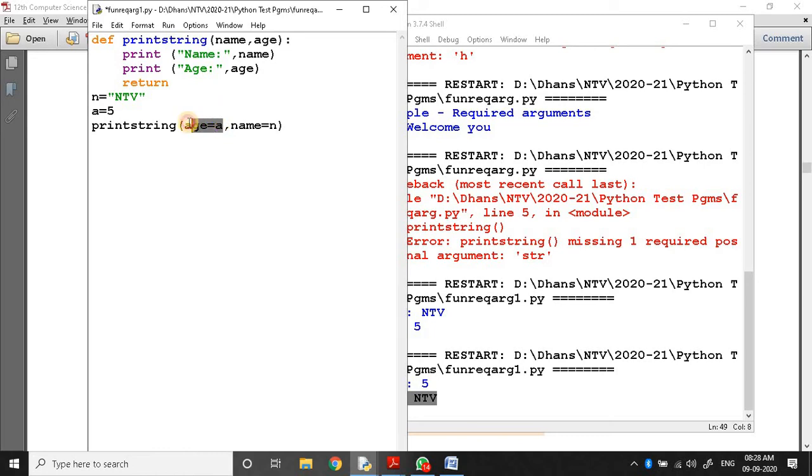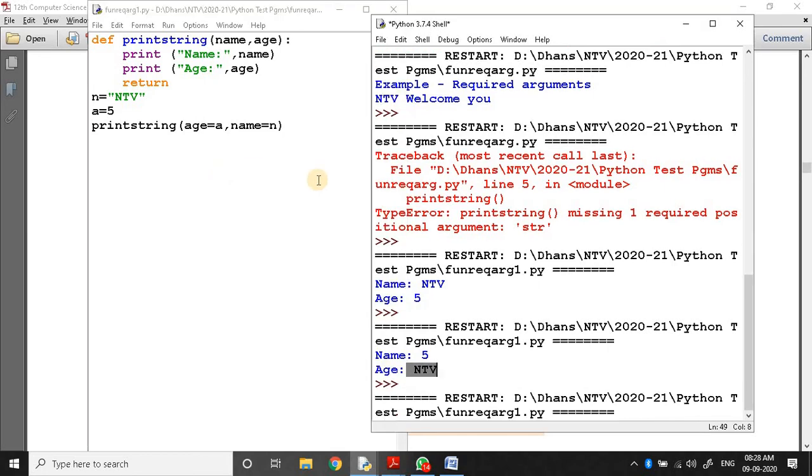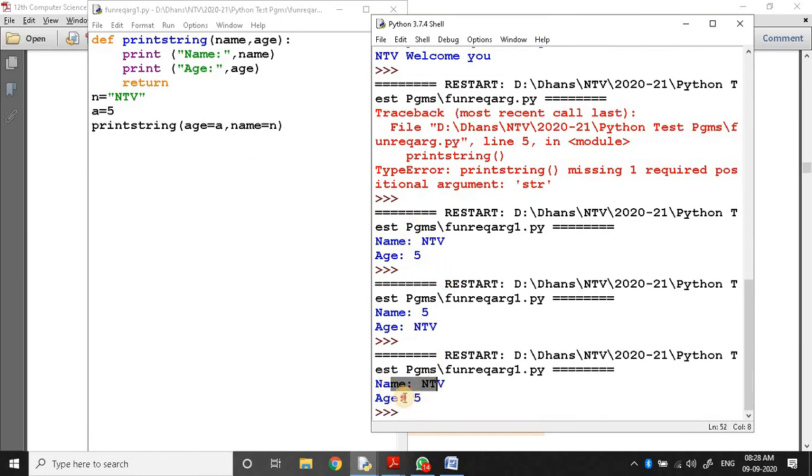Here the first argument in the call statement is mapped to the second argument, so the value will be passed to the second argument, and the second value will be passed to the first argument, based on the keyword. So we can obtain the result. Save this, then run this. What will be the result? Name is equal to NTV, age is equal to 5.